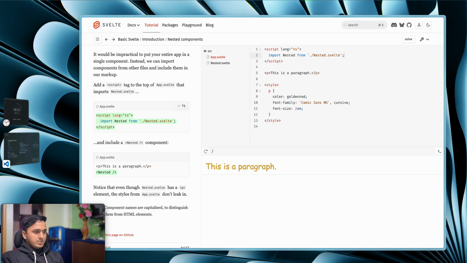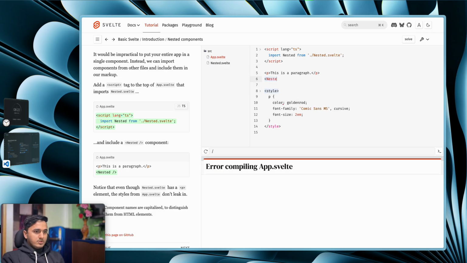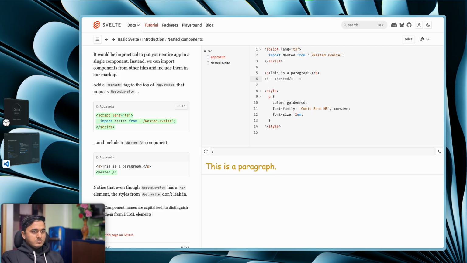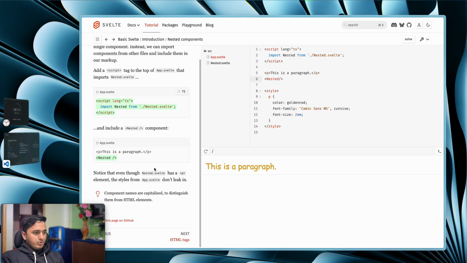So we can do this, include a nested in the component there. So here we can do this, here we can do Nested. Notice that even though nested.svelte has a p element, the styles from this don't